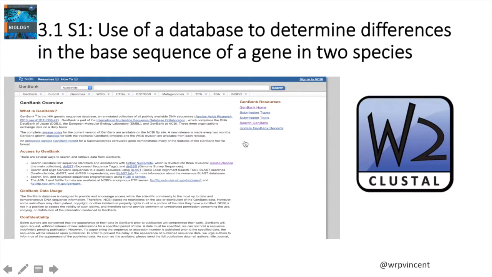So, hello there. In this first database activity for topic 3, we're going to be looking at the first skill. The assessment statement for 3.1, skill 1 is use of a database to determine differences in the base sequence of a gene in 2 species. And in this activity I'm going to show you how you can use some information online to actually complete this